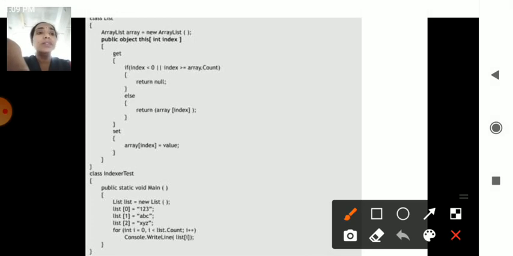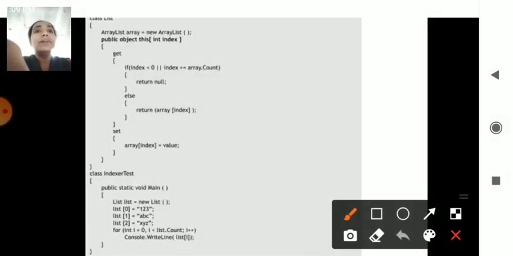You can see in the example what is happening. You have using System, the class List is given, and you have an array list, which will be using the index concept. So public object this is the reference used in the indexer, and you have int index, so it takes parameters of integer type.